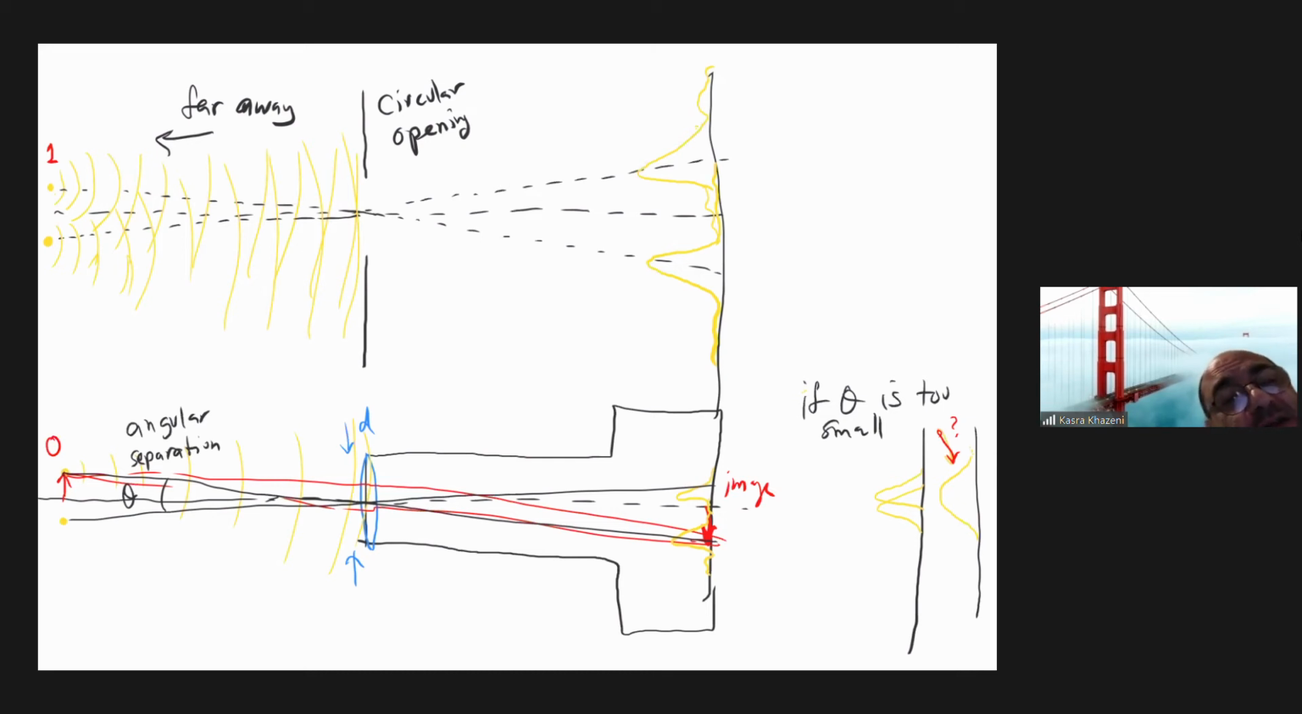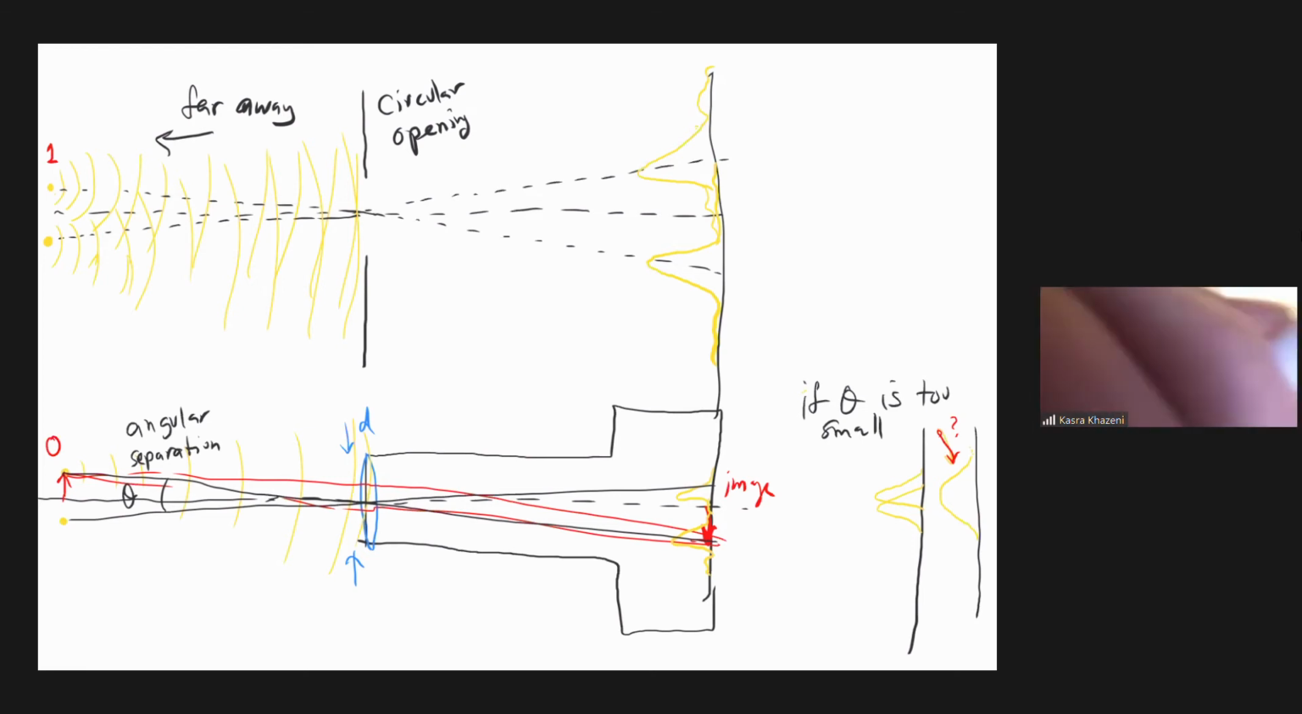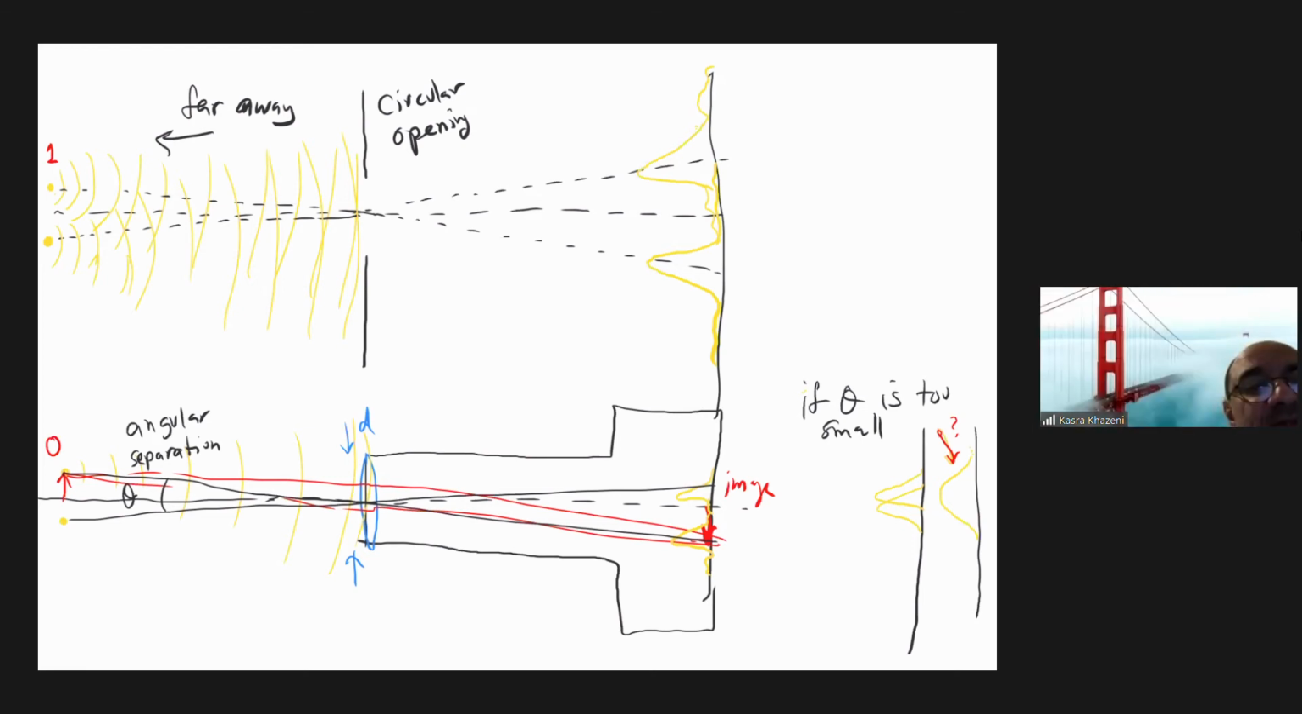It doesn't have enough power to resolve that the 2 points are actually 2 points. It would record only one bump there, and it completely misses the fact that there are 2 of them, but they're just too close to each other. So you really need something that